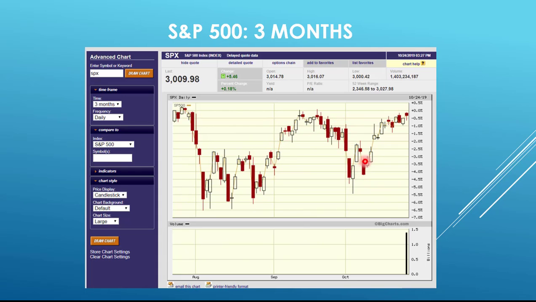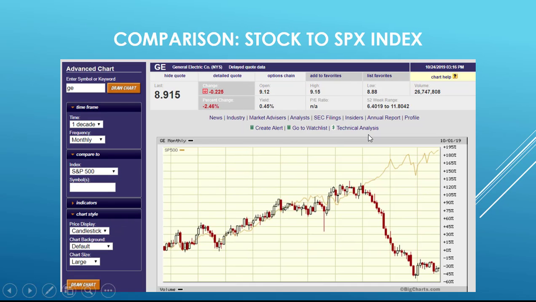We're going to now compare an individual stock, in this case General Electric, to the S&P 500 index. GE was one of the S&P 500 stocks, and it followed pretty well along with the index until we had some bad news here. There was a change in leadership, and also the company began to sell off some assets, trying to recoup perhaps its financial position, which only caused heartache with the investors. The stock price continued to go down. This is a great example of how a stock can become what's known as a contrarian stock. It's acting contrary to the normal market index.